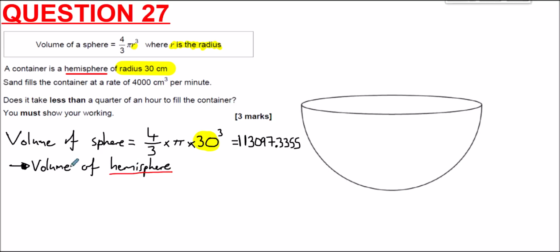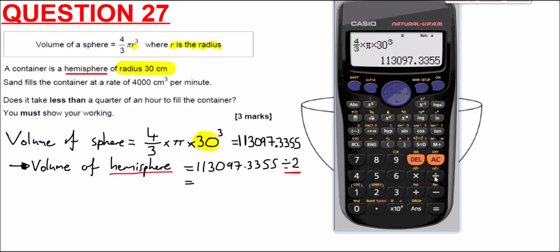That's not a coincidence. So volume of a hemisphere will be this number here, that long awkward number, divided by 2. Because we're not talking of a sphere, we're talking about a hemisphere, so we need to divide by 2. And so if we just take this number we had in our calculator and half it, we'd get